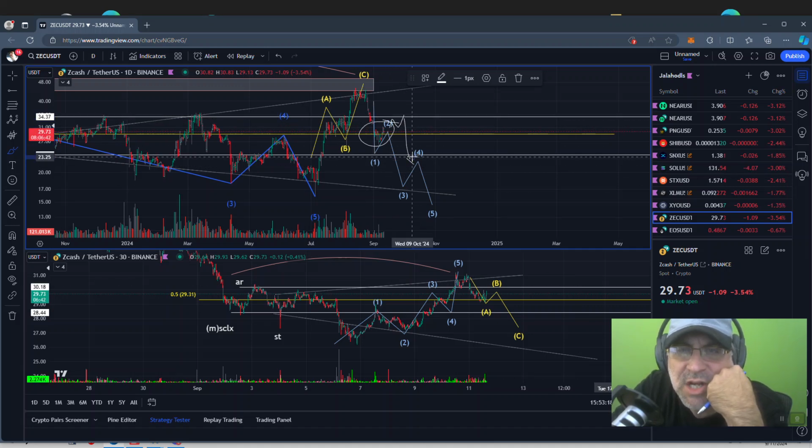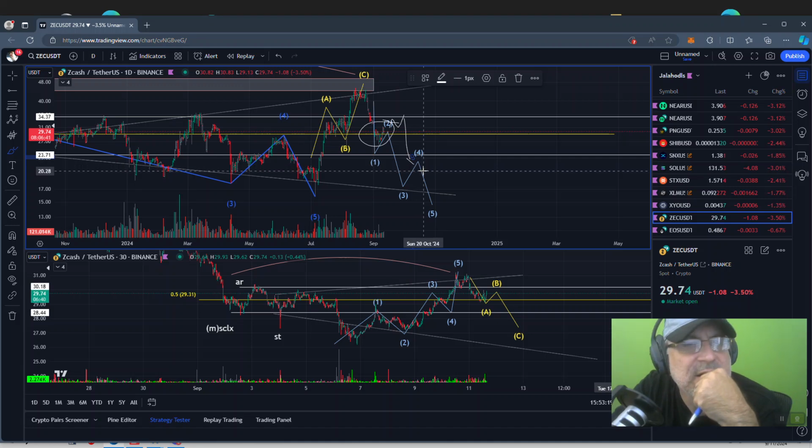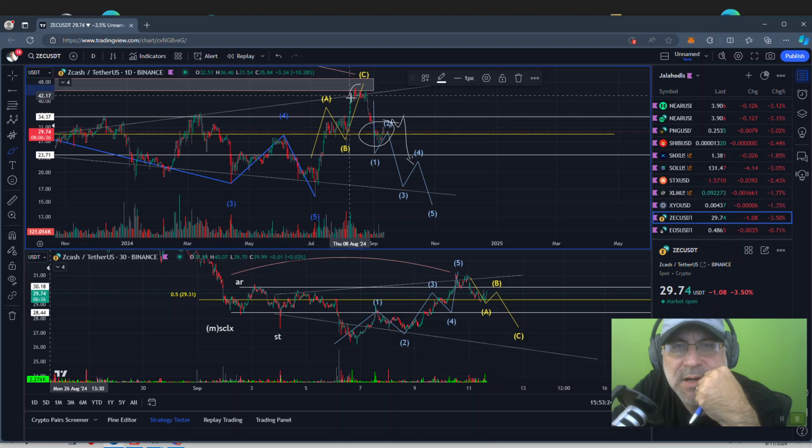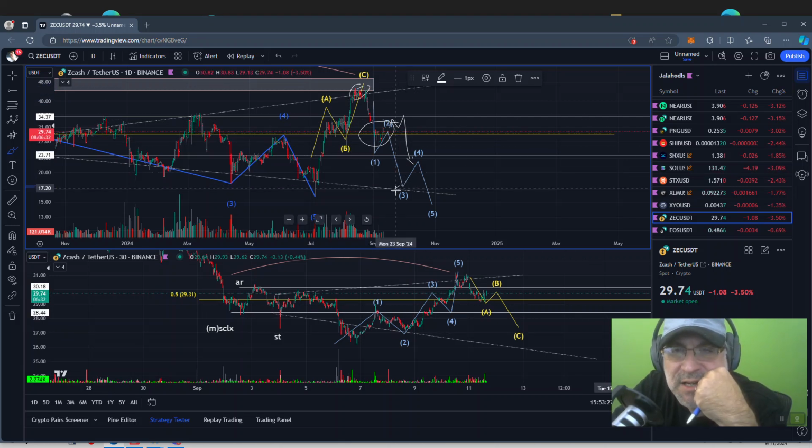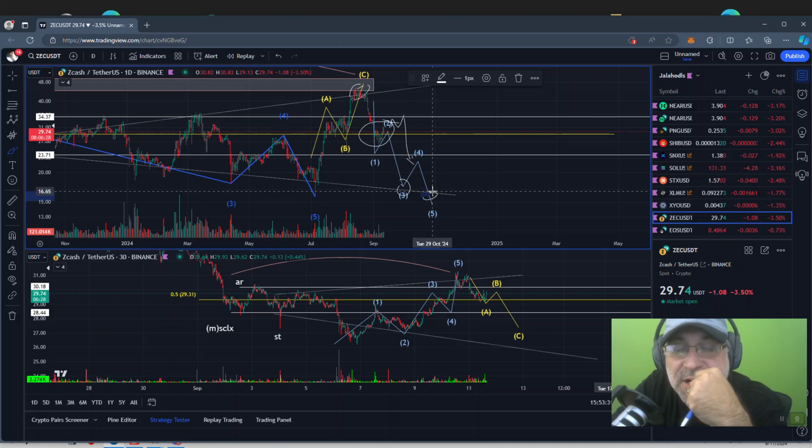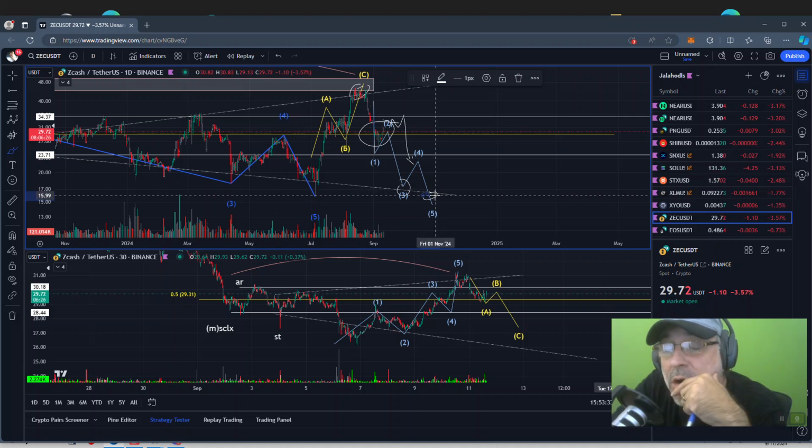So just be patient, and I believe you're going to find better buying opportunities for Zcash if you miss this pump. Don't worry about it. I think we're going to be able to buy down here, and then this will set the stage for either, depending on what Bitcoin does, a further